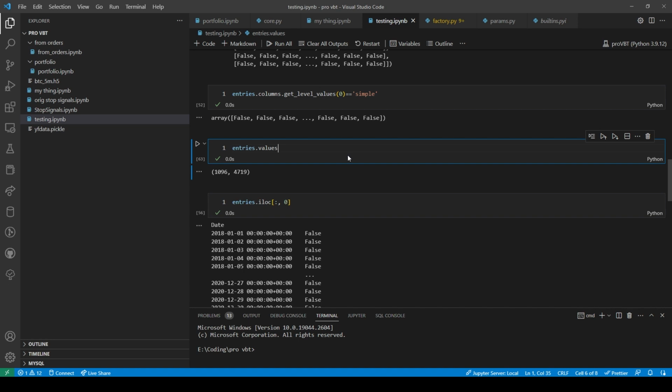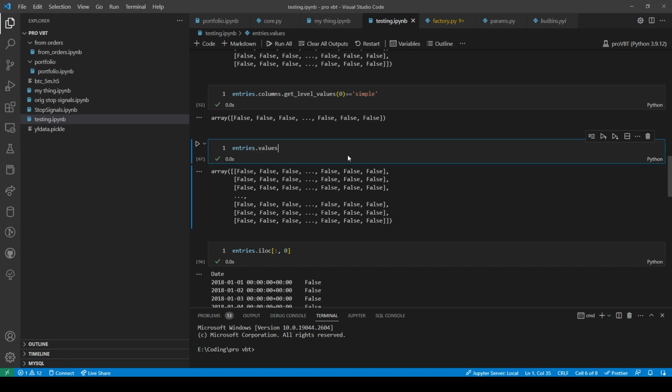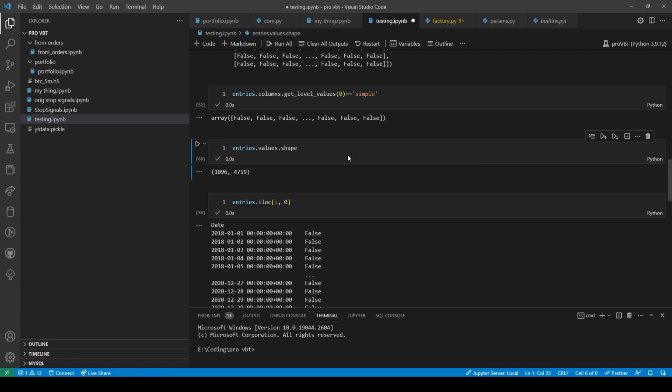So here would have to be 0 and 0. And then here it would be 4,000. What? Index 4,000 is out of bounds for axis 0 with size 1,000. How do we access that whole other... How do we access the 4,000?